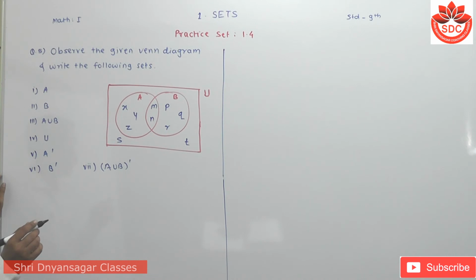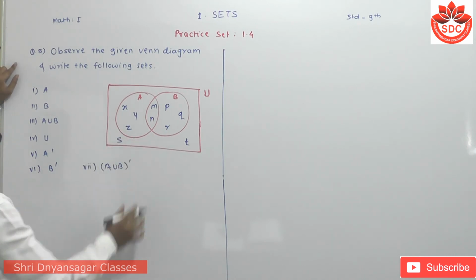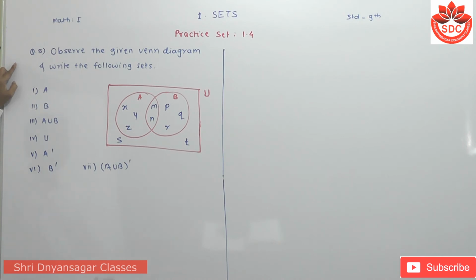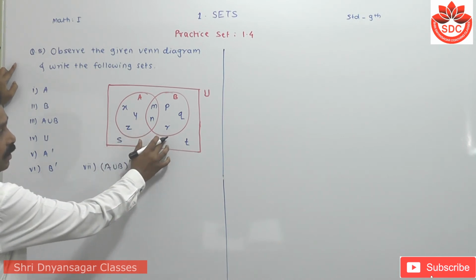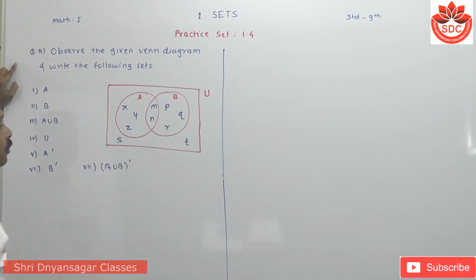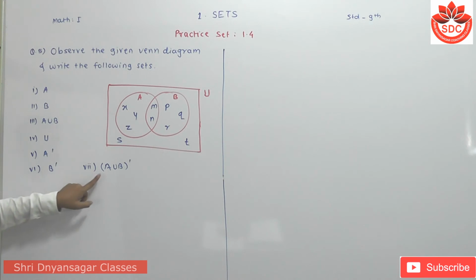Let's see the last question. Important question. Observe the given Venn diagram and write the following sets. This is set A, this is set B, this is U, that means the universal set. We have to find A, B, A union B, U, A's complement, B's complement, and A union B's complement. So its solution is,